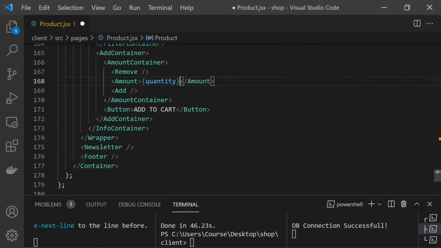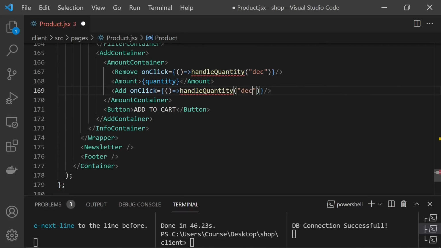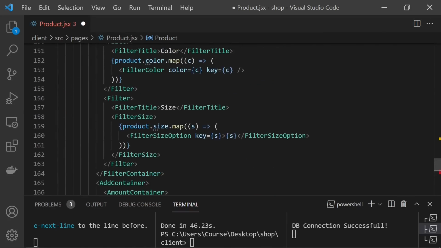Okay, so I'm gonna add click event for this remove and add buttons. So I will say on click, and I'm gonna write here any function. Let's say handle quantity, and I'm gonna write here a parameter, and it's gonna be decrease. Let's copy this and paste here, and this time it's gonna be increase. Let's create this function,